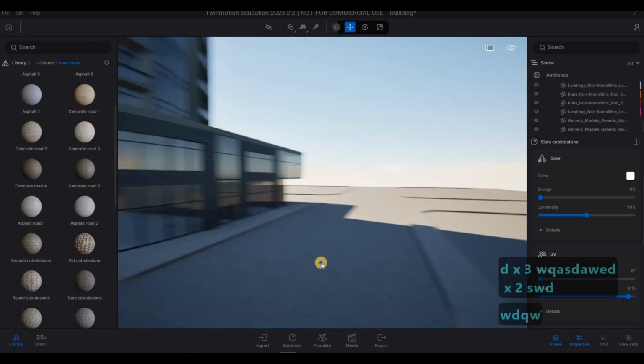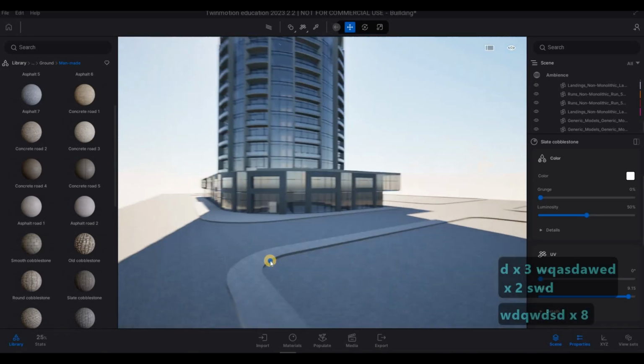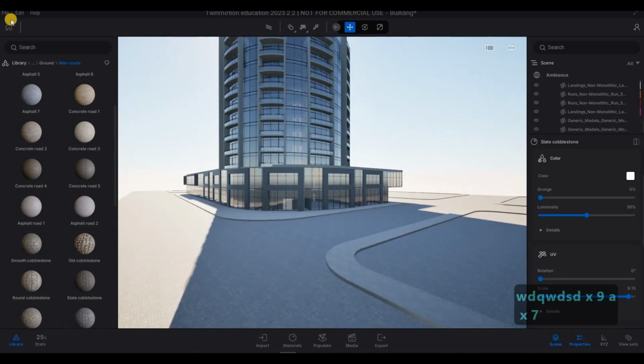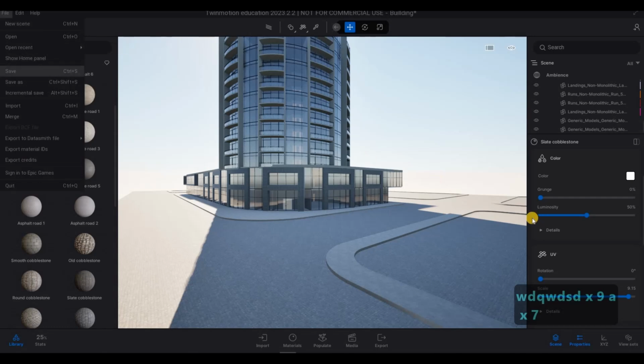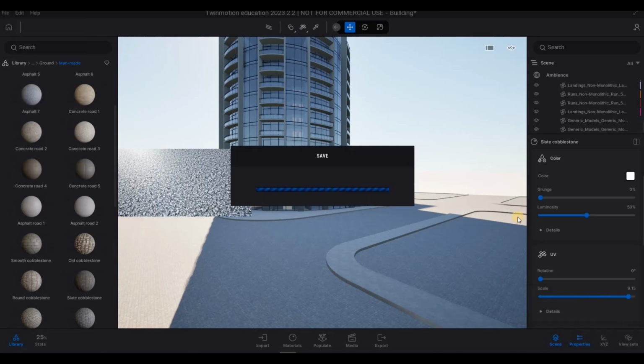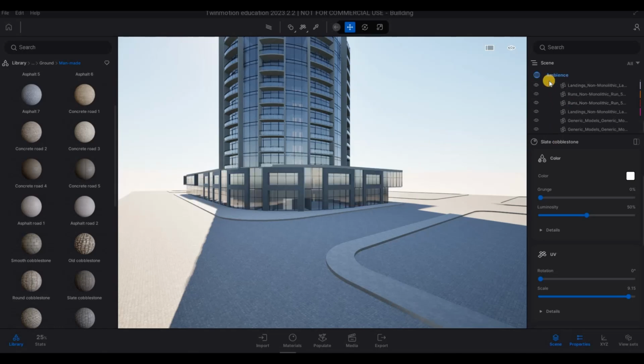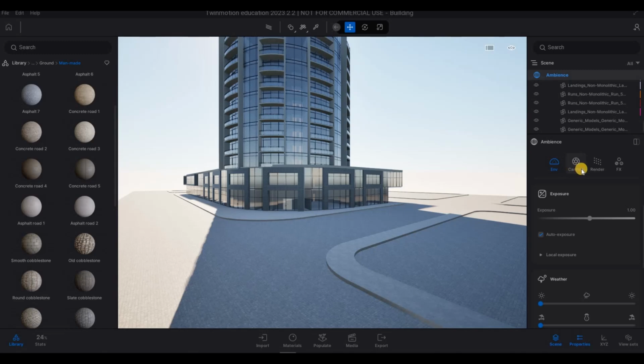So that we have the same theme here. And then after that, save it again. I want to add the background. So to do that, I'm gonna click on ambient once we finish saving, and then here, environment,